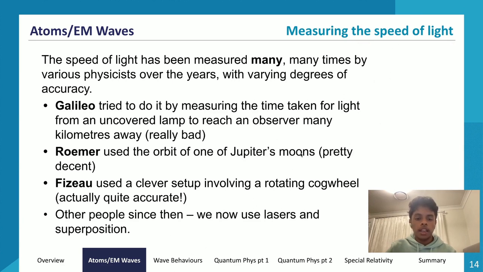And as it was coming back, he would turn the cogwheel slightly so that as that light ray was coming back, instead of going through the gap again between the teeth, it would now hit the adjacent tooth to the gap that it passed through. So it would pass through a gap, then he would turn the cogwheel slightly, and as the light ray was coming back, it would hit the tooth, and then we would see no light because we're standing behind the light source, right? So he did this.